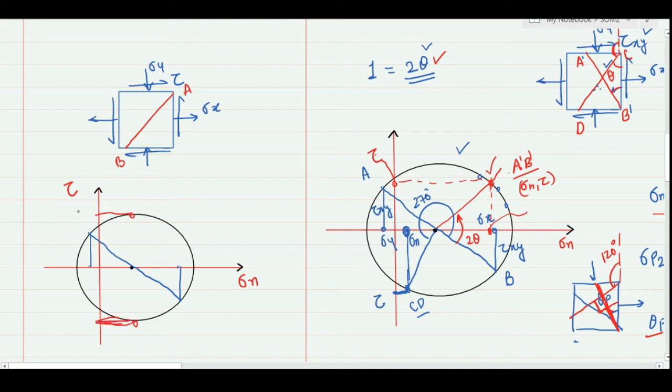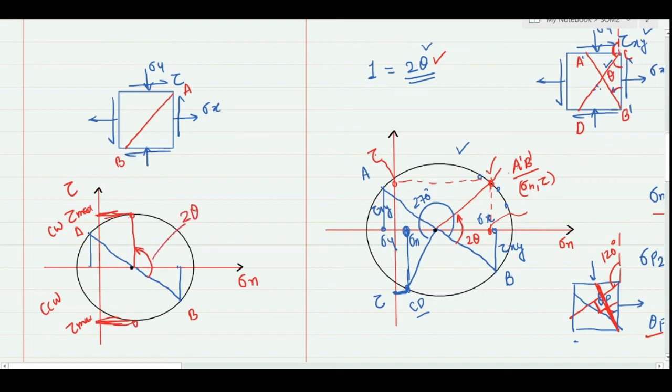So these two points are actually corresponding to the maximum value, and this is also maximum. This is counterclockwise and this is for clockwise. And where is the position of your maximum shear stress plane? So this line is actually representing the maximum shear stress plane. Here we have to measure the angle again from our baseline, that is our AB line, and the position of the maximum shear stress plane will be represented by this angle.